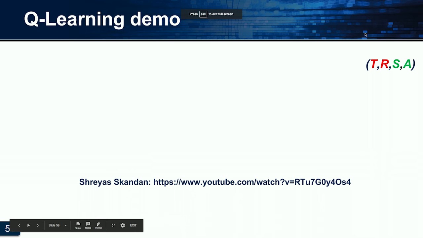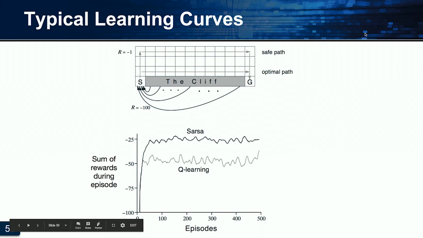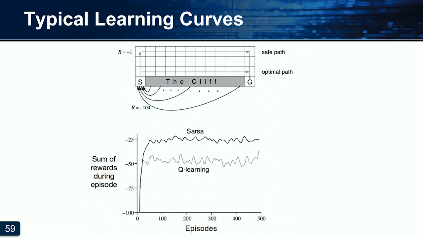Right, so there's this notion when you're doing this kind of research and running these kinds of experiments of these learning curves. And what that says is, how well does this algorithm perform over time with some number of episodes? So let me just set this up by saying this is a kind of grid world that has a cliff here. So you want to start off in that S state, you want to end at that G state, and navigate along that cliff. But if your actions are noisy somehow, then there's some risk of falling off the cliff